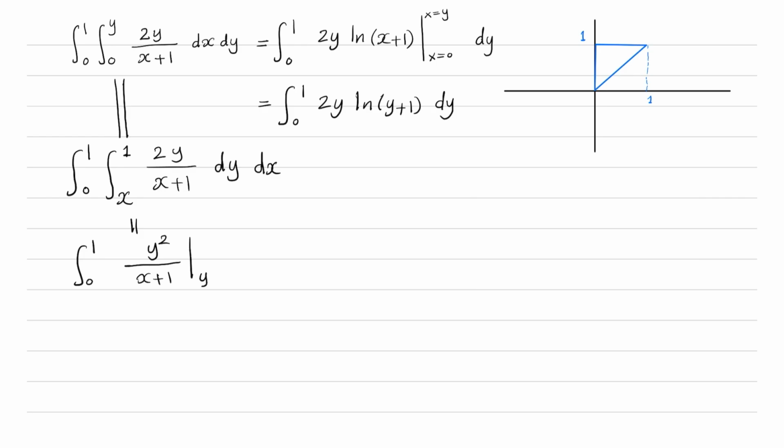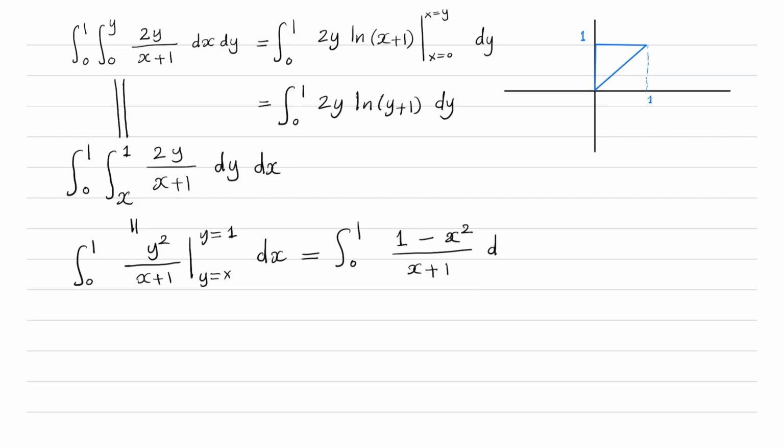And of course y goes from x to 1. And then we integrate with respect to x. Now we have the integral from 0 to 1 of y squared at 1, which is 1, minus y squared at x, which is x squared, over x plus 1